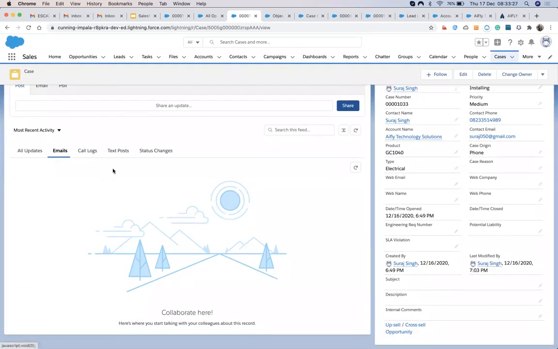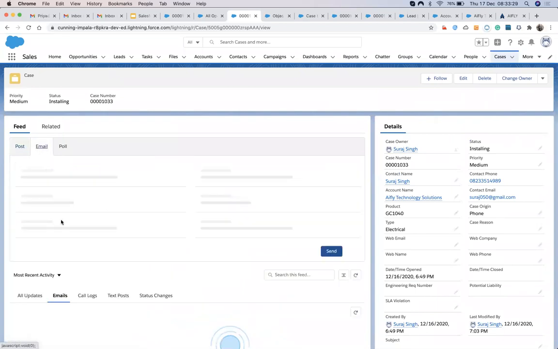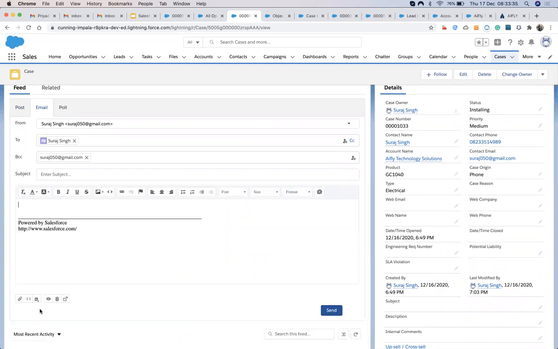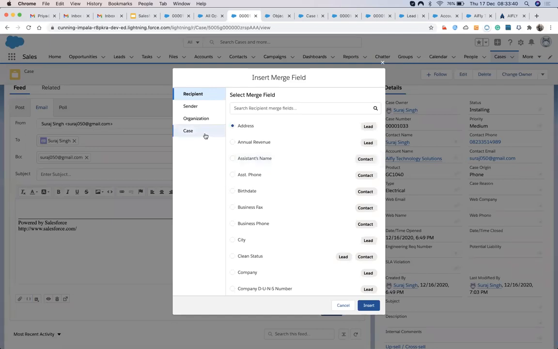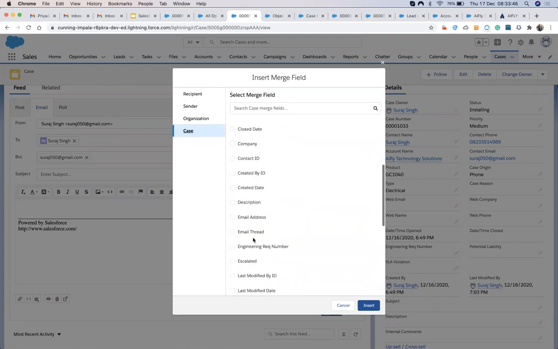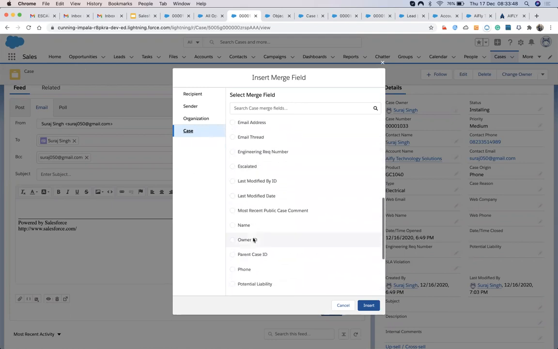Now in that, sorry, not here. This is the history of that, and here. Yeah, and when I hit the merge field, at that time I can see that I have a case, and case has, but in that lead I don't see the cases, so I can use the case merge fields, and I can also use the